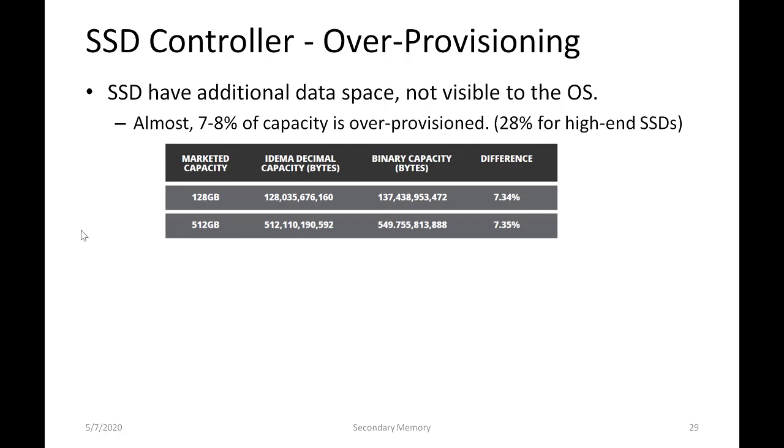So what it means is, let's say the SSD size is 512 gigabyte, its actual capacity is nearly 550 gigabyte, but only 512 of that can be used at any given point of time. So the difference of 7.3% is over provisioning,